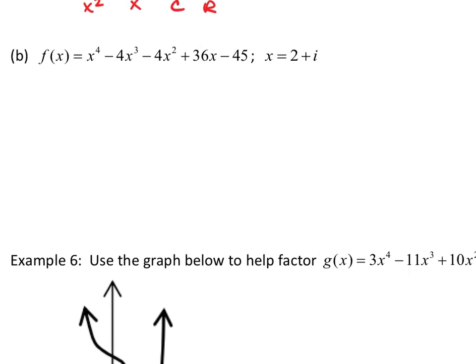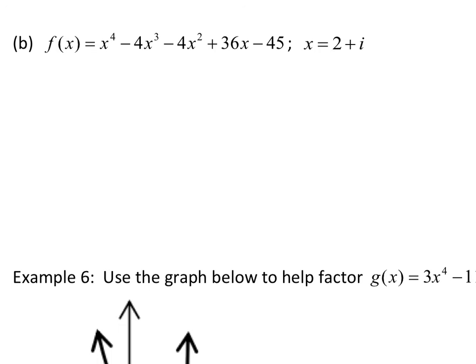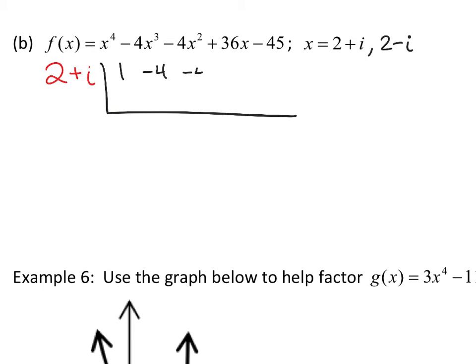Let's do the same thing for B. B says that we have a solution at 2 plus i, and hopefully you're thinking, well, that also means we have 2 minus i because of the complex conjugate. So we can synthetically divide by both of these zeros. 1, negative 4, 36, and negative 45. Bring down, multiply. Again, at this point we are using an imaginary number, but you can do this part in your calculator if you need help with it. Multiply, add,